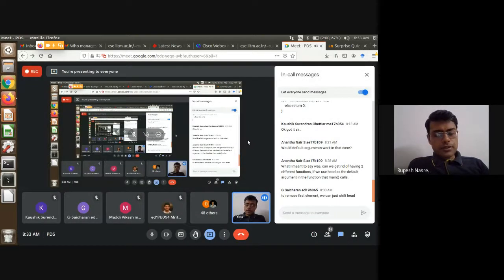The user is going to call it as remove 5, remove 2, whatever. But our code needs to work irrespective of what the input is. So we have to take care of all these cases in the remove function, like we took care of all the cases when we were doing find, right? So we said that PTR might be null, or my element might be at the start of the list, or the end of the list, and all of those cases were taken care of by the same code. In a similar manner, removal should take care of all these cases in the same function.